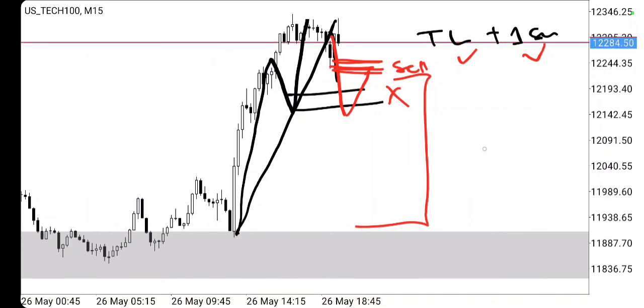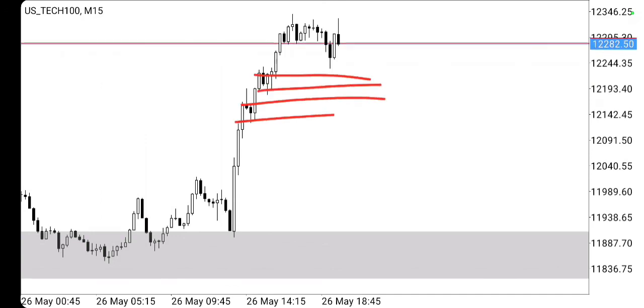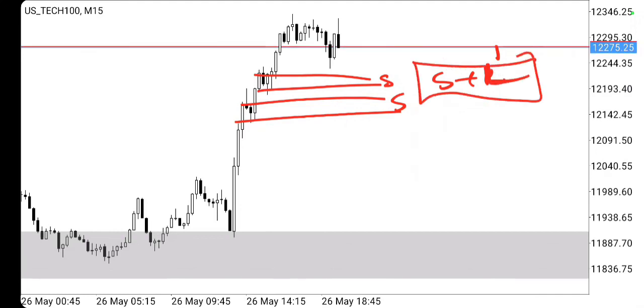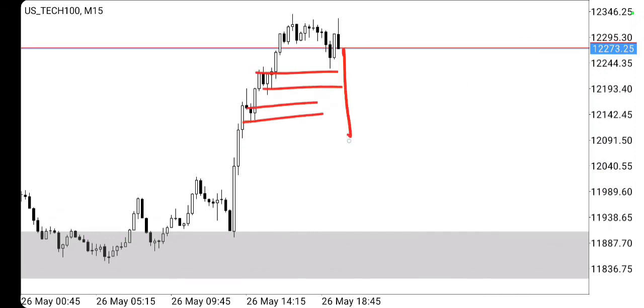That's what I mean. But in this case, because we don't have a trend line, we only have a nice move there. What other structures do we have? Remember I said the bullish structure, a trend line or a support. Because we don't have a trend line here, we are left with the supports. We need to violate two supports. I could normally violate one trend line, a trend line and a support, for us to go down. Mara, here, because we don't have a trend line, we can make it support instead of support and resistance and trend line. I hope that makes sense, good people. So for us to accompany it down, it must take this out and then we can sell and then exit,